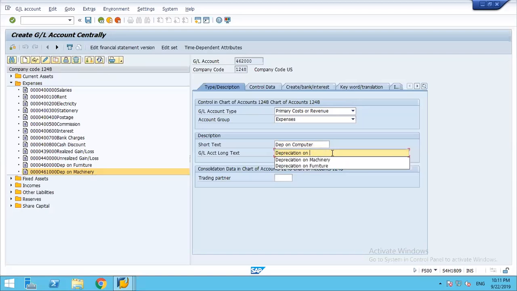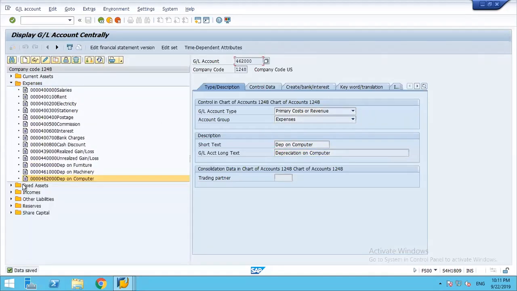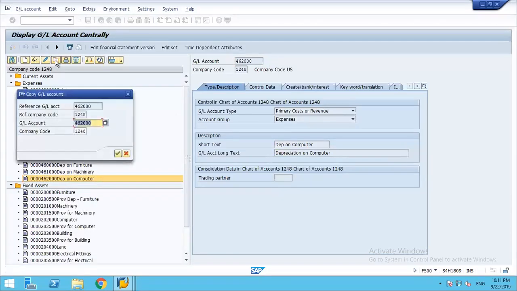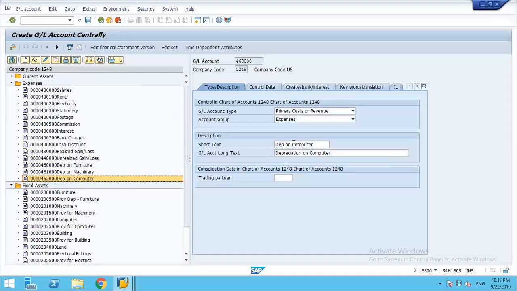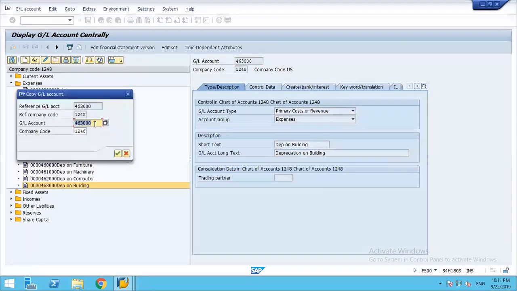This is again a business requirement. You want to have one separate depreciation GL for each of the asset classes, or you want one. Then after computer, building, land, electrical fittings. Building. Okay. The next we have is land. On land, we will not provide